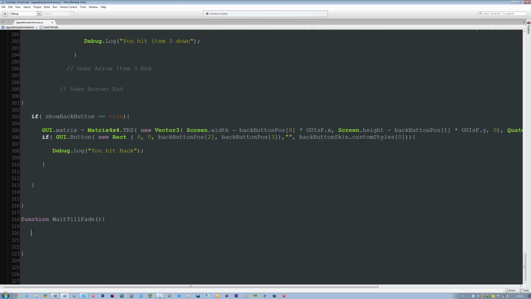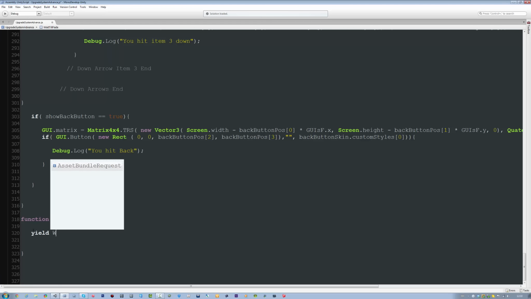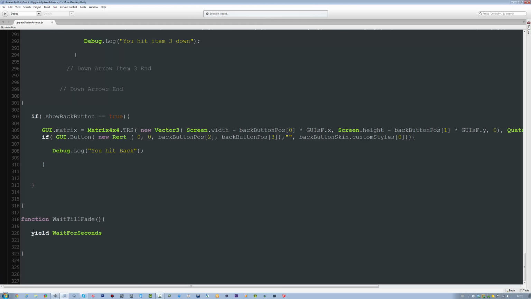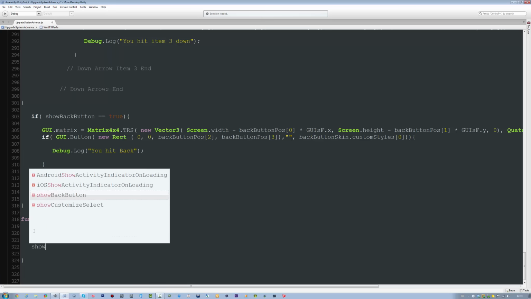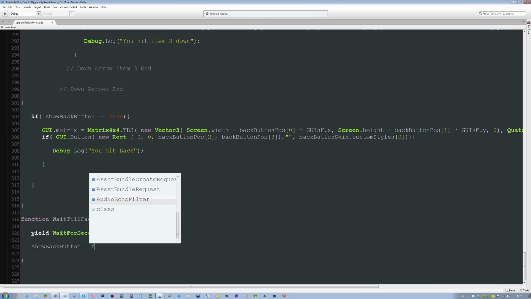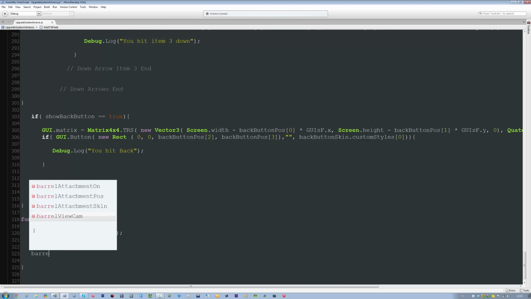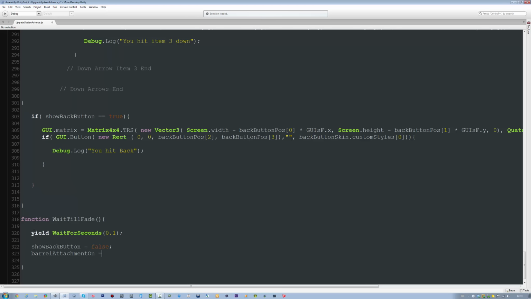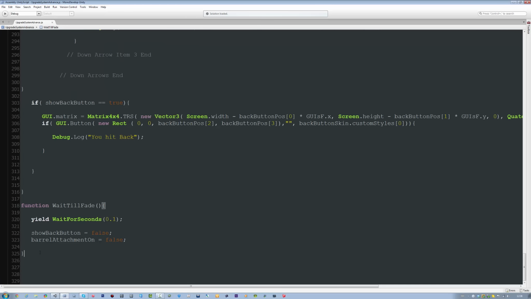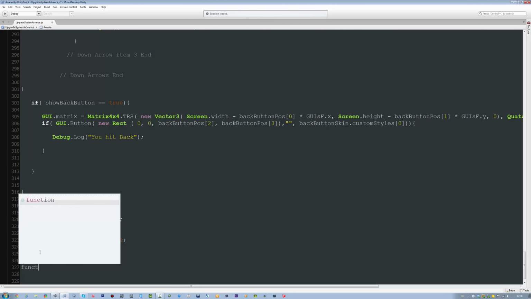We're going to say yield wait 4 seconds, open bracket, closing semicolon, 0.1, and then after that amount of seconds I'm going to say show back button equals false. Then I'm going to say barrel attachment on equals false. Save. Okay, once we've done that, we're going to make another function, and we're going to call this function